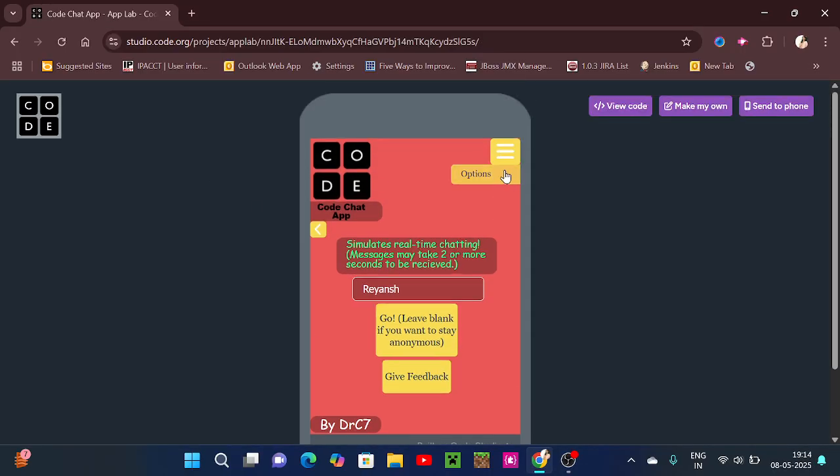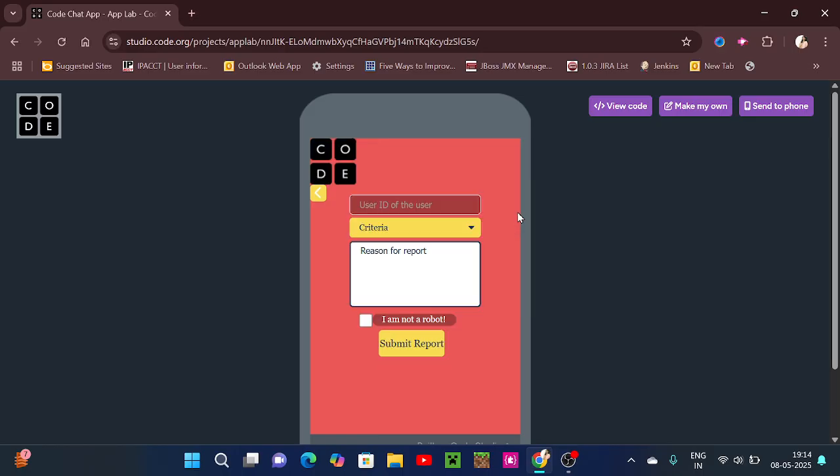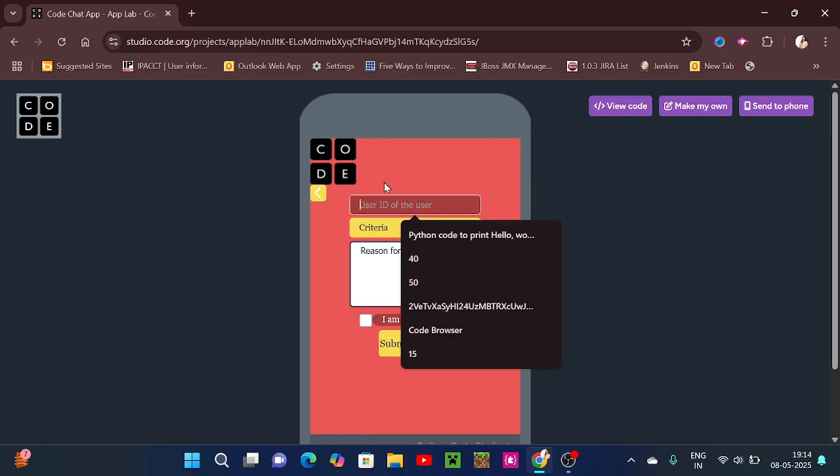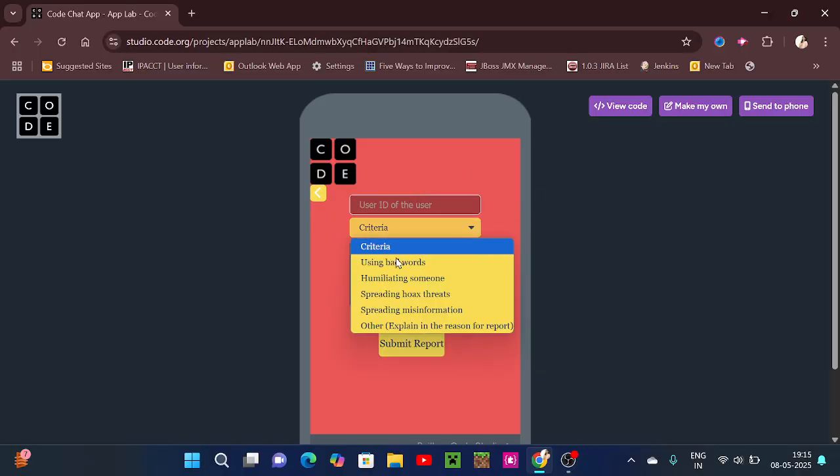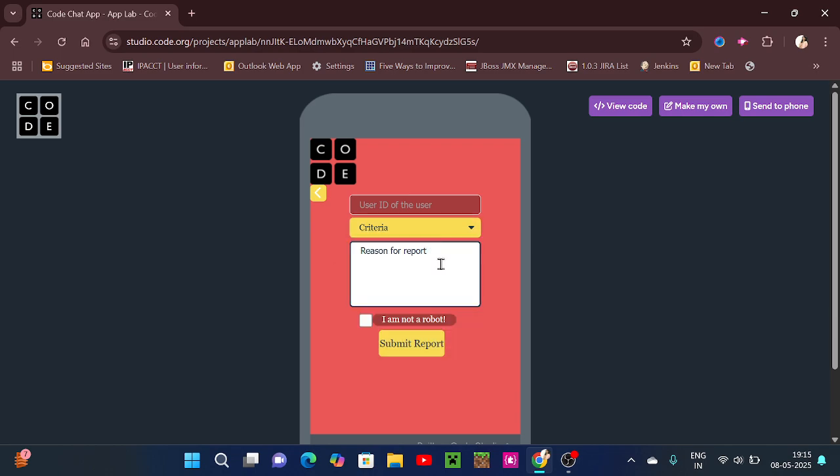So if you click here, you can see options, and then you can see these two options, report user and developer tools. So first we'll look at report user. So I can report any user. Then I can use a criteria, and then I will send a reason, and I can type the reason for the report.